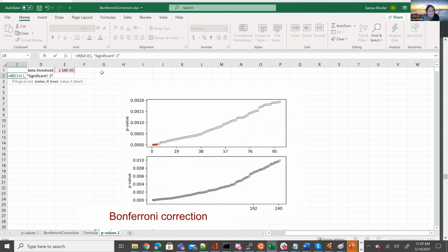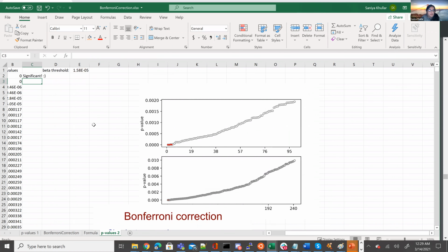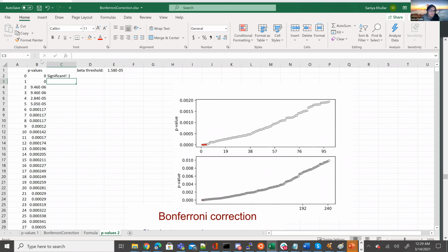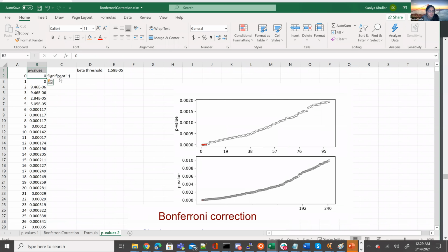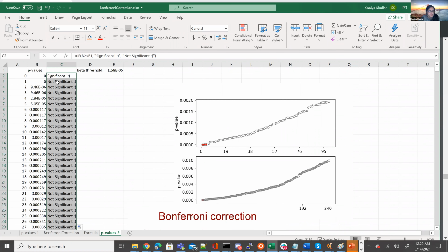And I have a happy face. Otherwise, we say it is not significant, and we have a frowny face. So another thing for you to note is that I had sorted this from minimum to maximum here, so the values are increasing. So we should expect that we would have significant,